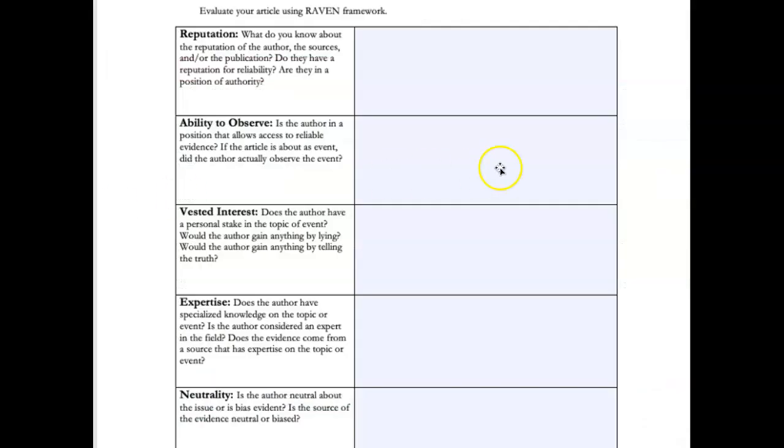Likewise, if you prefer to use the acronym RAVEN, here is a sheet which would give you the opportunity to interrogate the reputation, the ability to observe, the vested interest, the expertise, and the level of neutrality of the sources. And once again, you would then be able to give an overall rating to the source